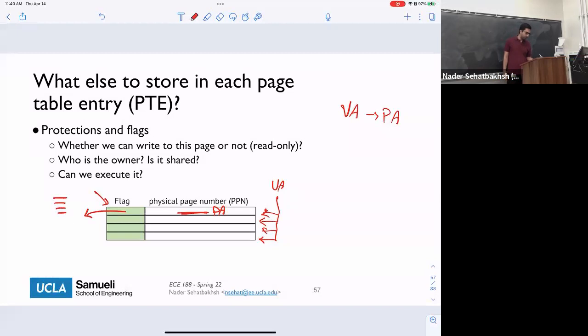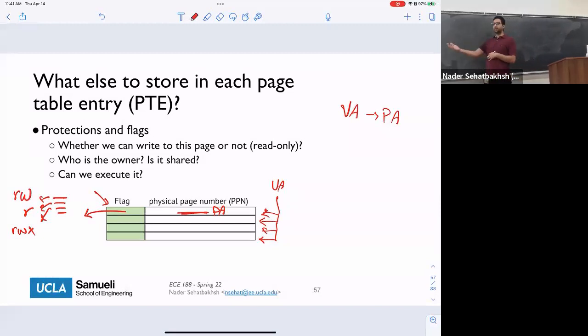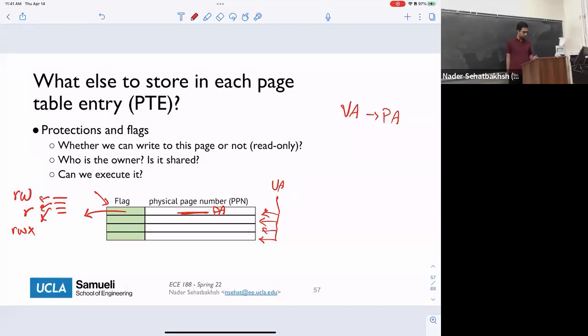We can also say that, for example, process number 1 has read and write access, but maybe process number 2 has only read access. Maybe we can say process number 3 has read, write, and execution access, but the others cannot execute things. Execution means that you can actually treat this as a program and then start executing things off of it. And then you can do all sorts of different flags as you want to, okay? And if necessary, you can even add more flags.